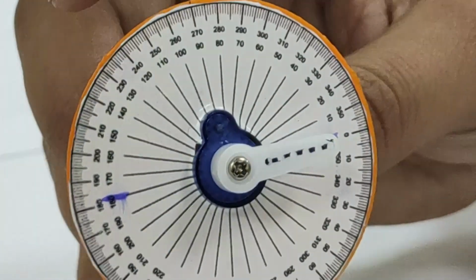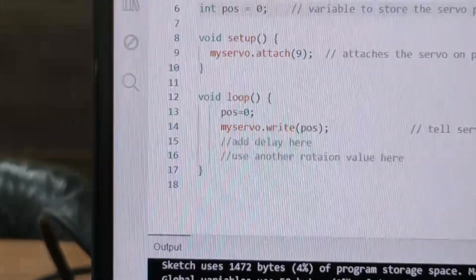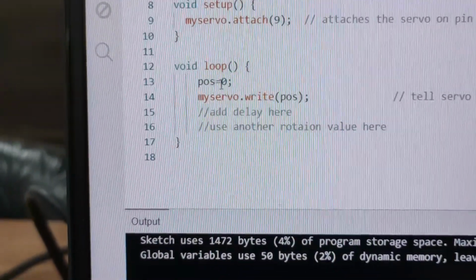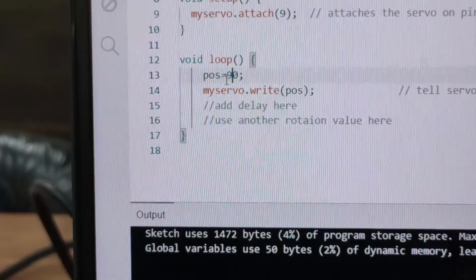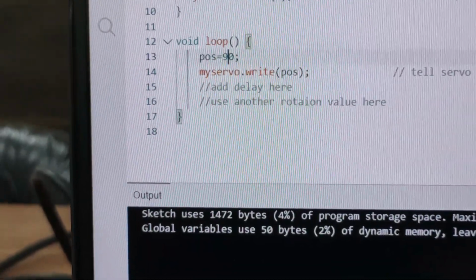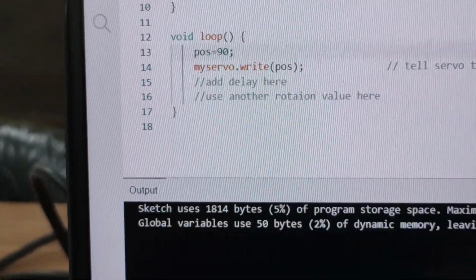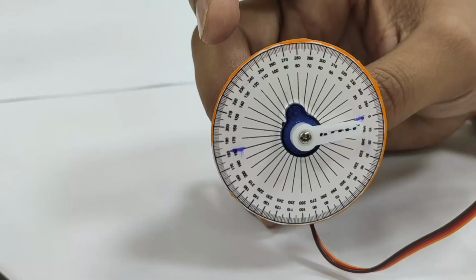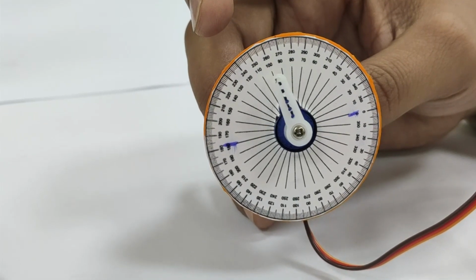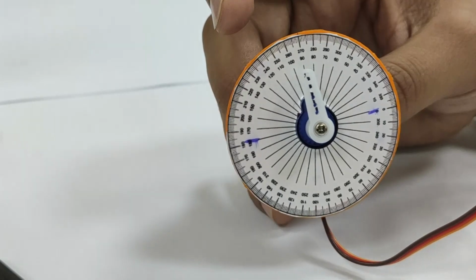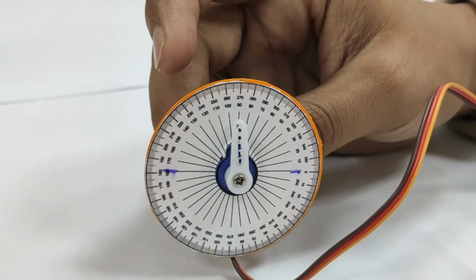Now suppose I want to stop it at 90 degrees. I can put 90 straight in there, and now you can see that it's exactly at 90.